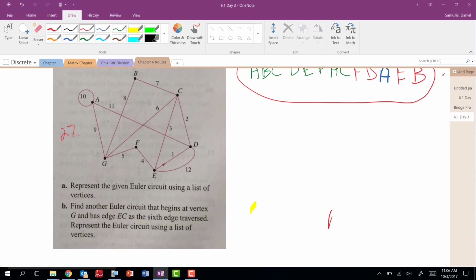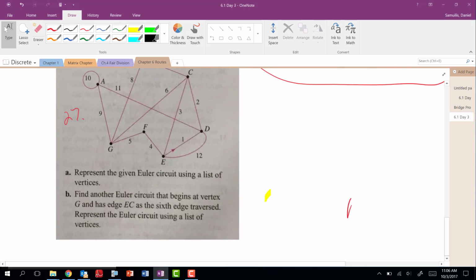And then where did they go next as I'm pointing at this? Where did they go next? E. So you write E, D, then what? Then what? C, then what? E, and so on and so F, G, and that's how I can trace along, and I'm probably going to use a highlighter on your test to make sure you've denoted a path. And then as you're putting your stuff away, because I did say I was going to cover this with the other hours, look at what this says.